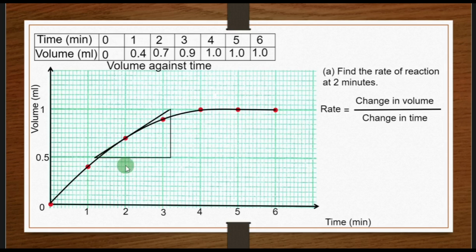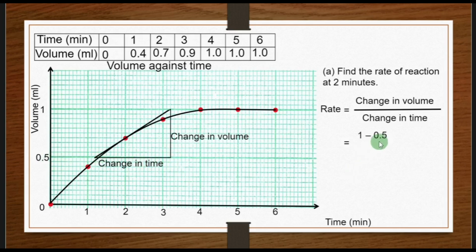When we make a triangle, then we'll consider from here to here. One side of the triangle, this bottom one, from where it is starting to where it is ending, is the change in time. Then from where this line is to where it is ending at the top, is the change in volume. So we are going to say the rate equals change in volume over change in time. This top part here, which is actually 1,